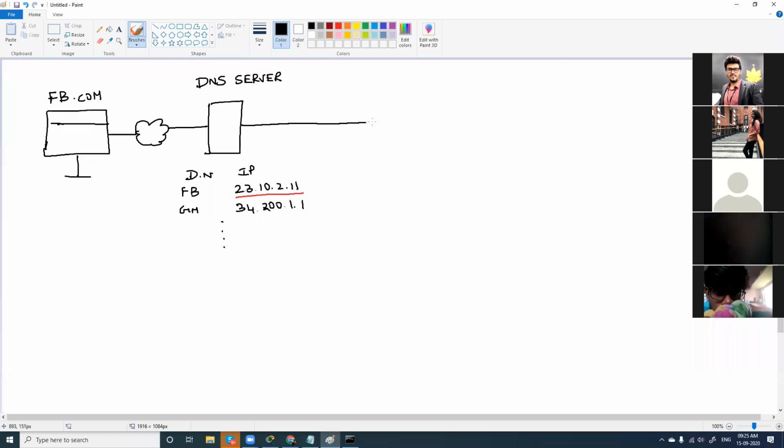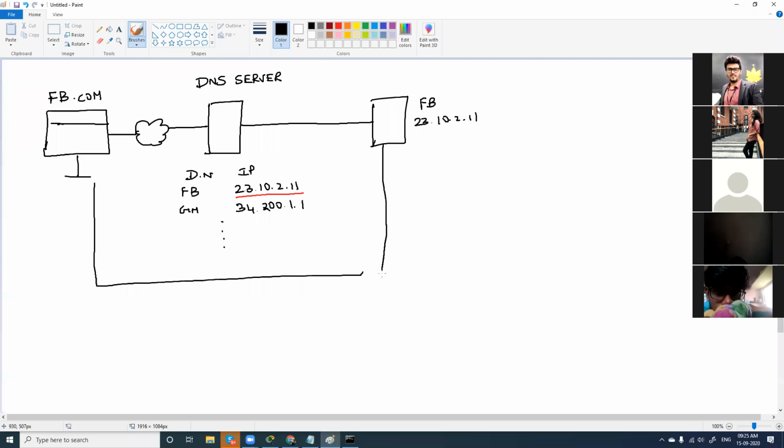From here, it will go to the Facebook server at that IP address, and from there it will get the reply back to your computer. That's how Facebook opens. This is the usual process here.